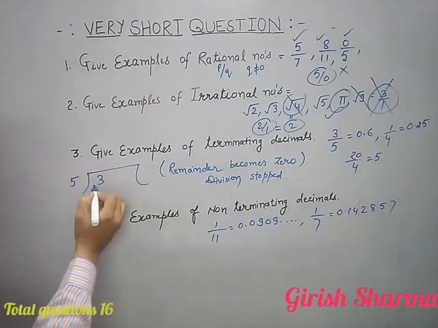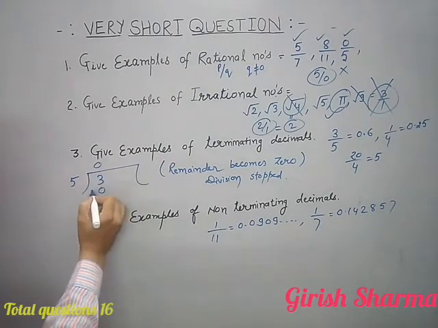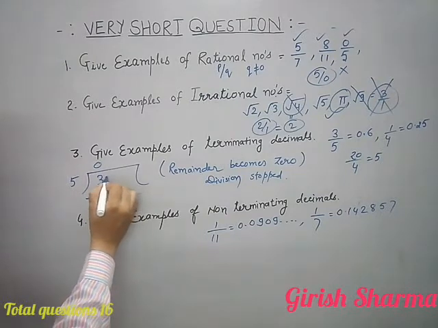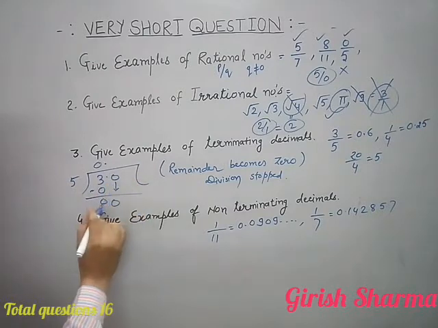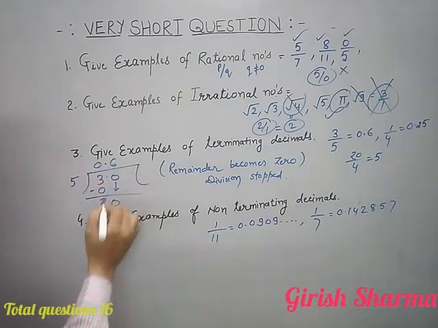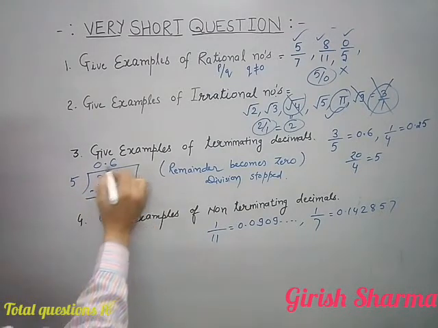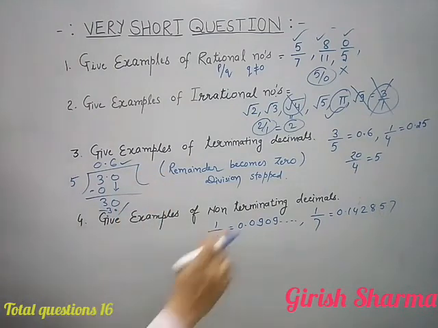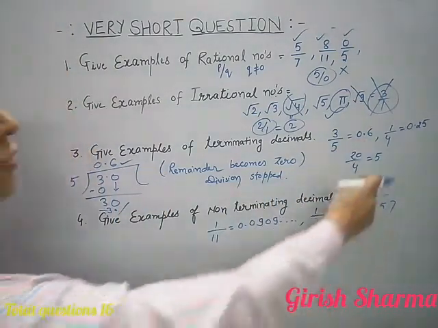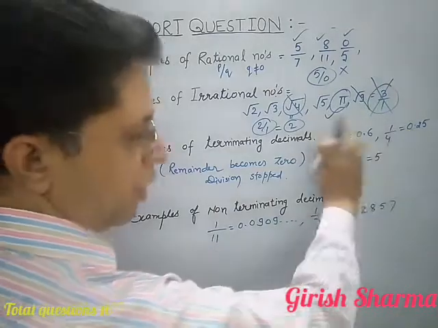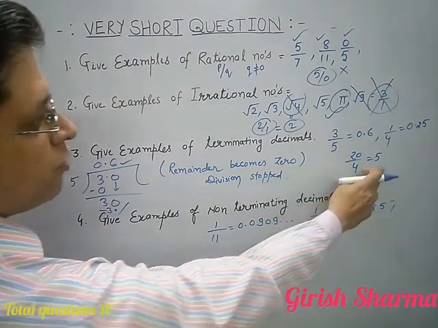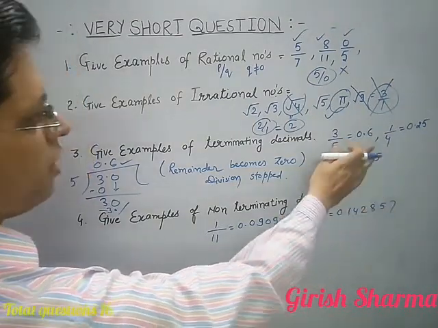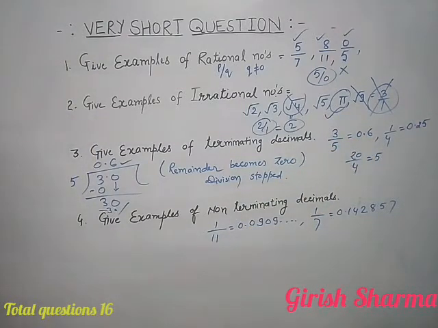Okay, start from 5. 3 is a smaller number than 5, so 0. Subtract it. Put the decimal here and 0. And 3 minus 0 is 3. 5 sixes are 30. Okay, this is your 0.6. 0.6 is here. Then 1 upon 4, this will be 0.25. The division stops, remainder is 0. And here 20 upon 4, this is 5, remainder is 0. That is why these types of decimals are called terminating decimals.